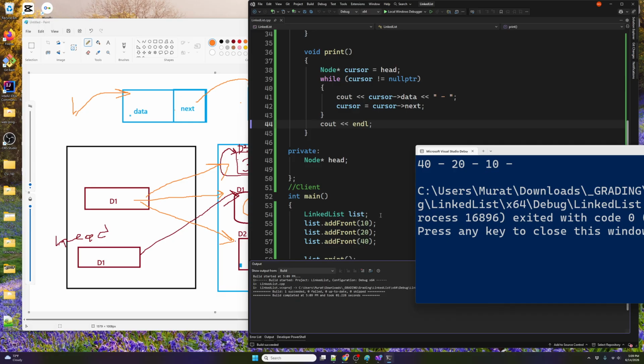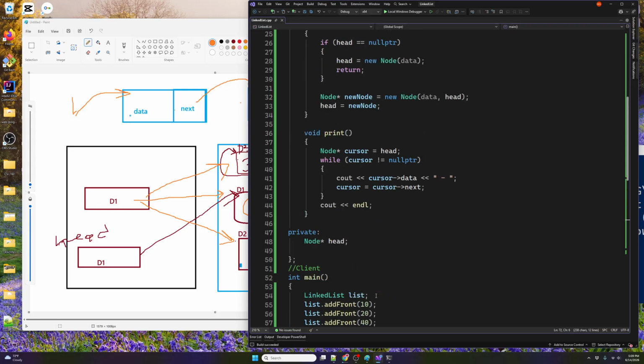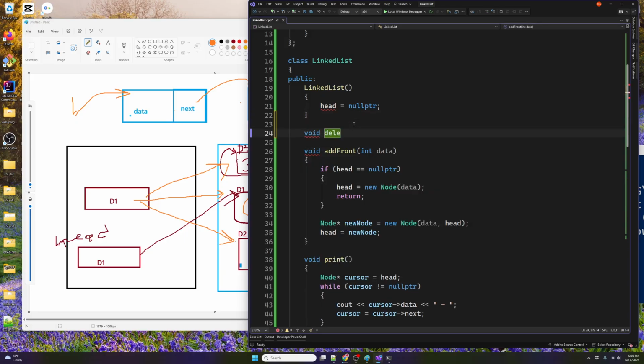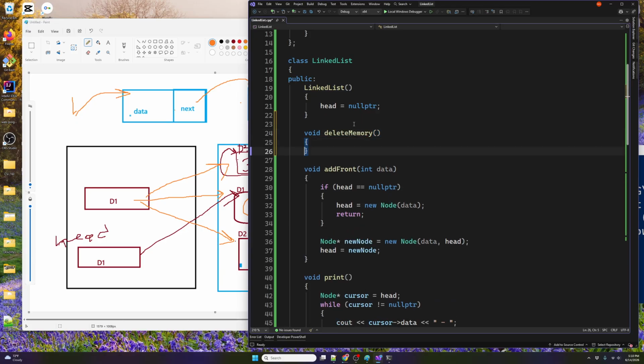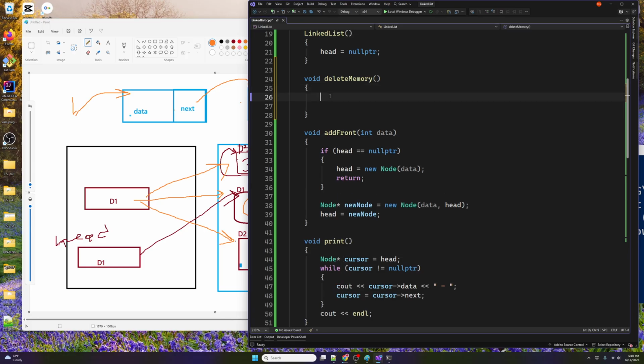different. So this is so far so good, but the only thing here is we have a memory leak, because when you're using new, you are supposed to do delete. It is good to have in the link destructor all these things, but I'm gonna do void delete memory, let's say, and I cannot use delete, which is a keyword. So what I will do is this time again I will be using the same structure like this, but I can use head now because I'm deleting everything. So delete memory, I'm gonna do this while